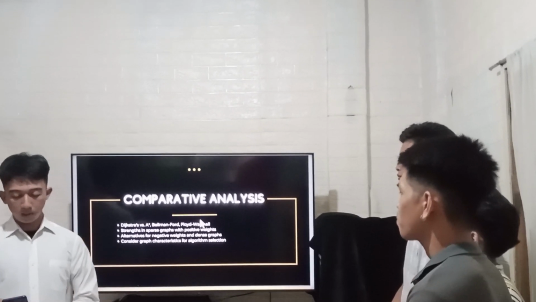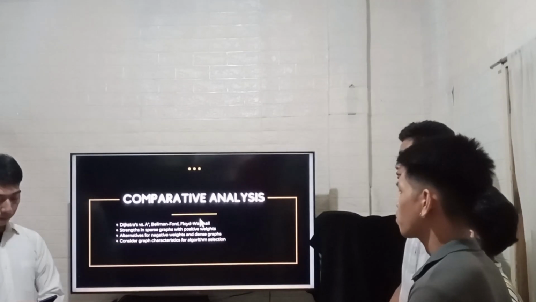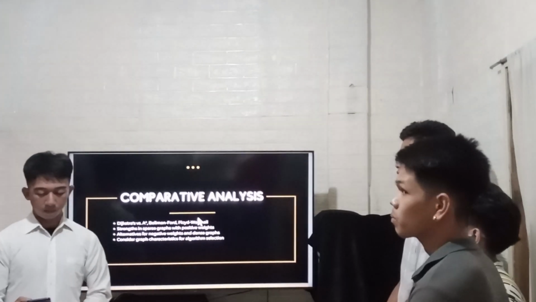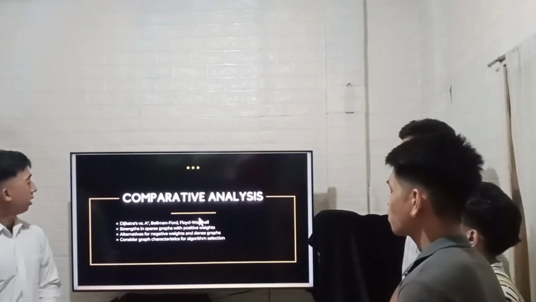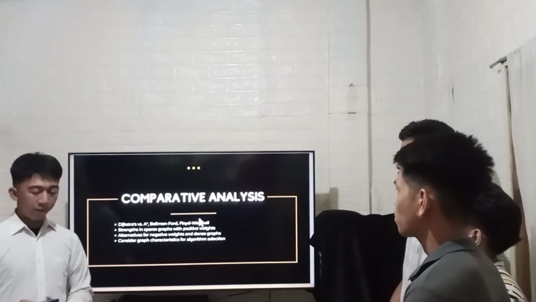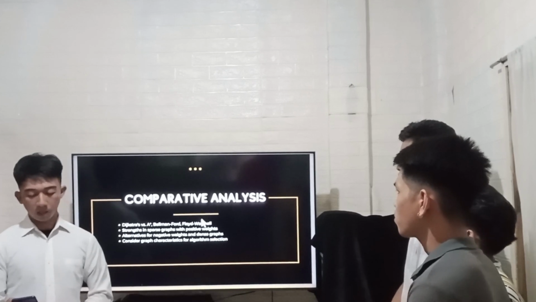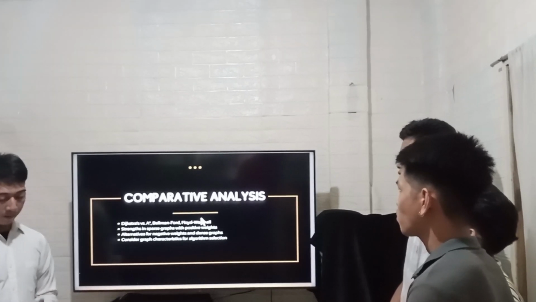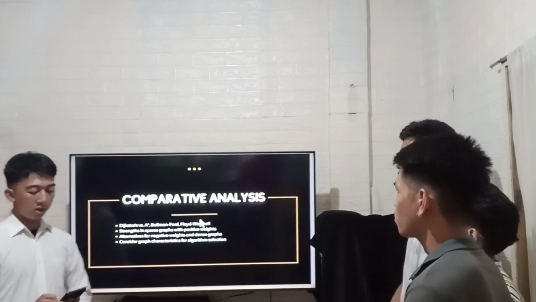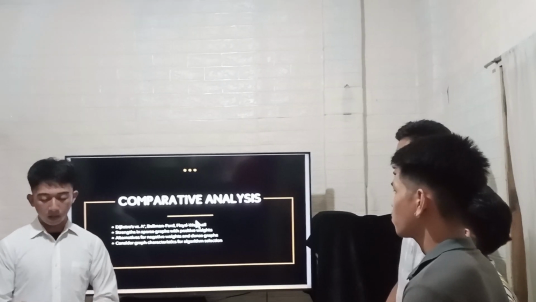However, for graphs with negative weights, Bellman-Ford is more efficient than Dijkstra's algorithm, so Bellman-Ford is a better choice. For dense graphs, Floyd-Warshall can be more efficient, and A asterisk is particularly useful for directed searches with